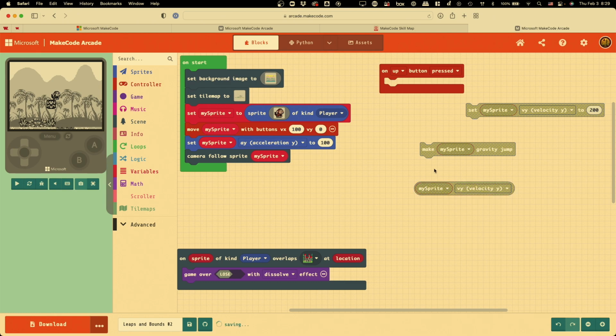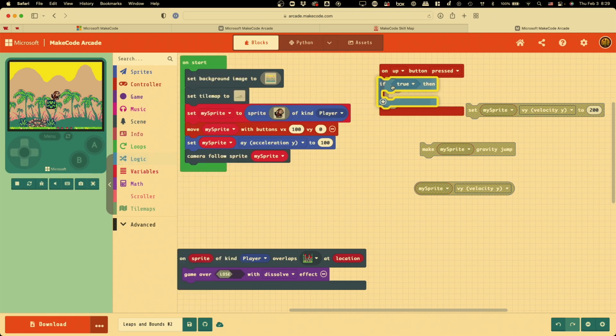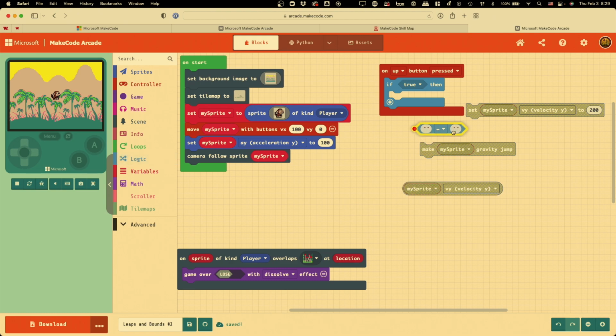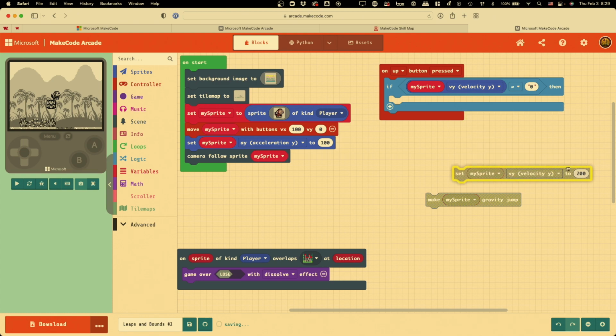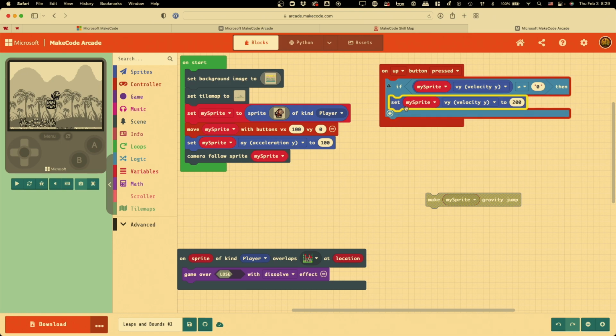Okay. So what we could do is actually use some logic here, and we could say if my sprite's velocity, and I also need an equal or not equal here. Okay, so if my sprite's velocity is different from 0, that means that I'm currently in the air. I'm moving in the y direction. And then if so, I could set my